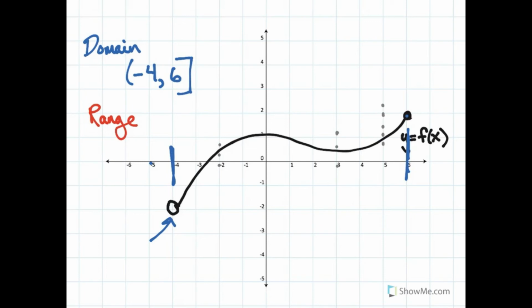Well, how about the range? The lowest point on the graph here seems to be almost to -2, but not quite, and the highest point on the graph goes up to 2. Remember, the range is along the y-axis. So it looks like what we have here is an interval. It does not include -2, but it goes right up to it, and it does include +2. So the range is an interval from -2 to +2. But remember, it's on the y-axis. So that's how you look at a graph and determine the domain and range.